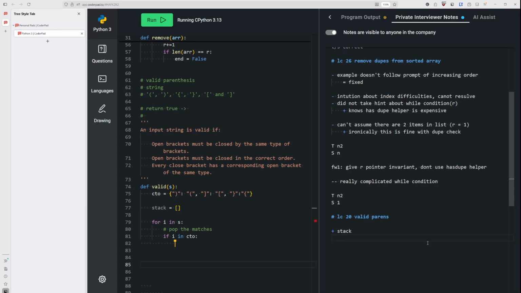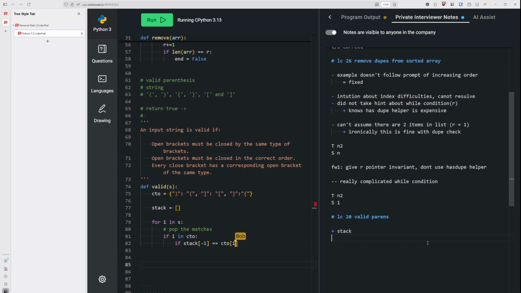And then when you check if it's a closing parenthesis, okay, since we're going to be placing each one on our stack, we want to check if the top of our stack is the matching open parenthesis, so we can check if the top of our stack is equal to our hash map with our closing parentheses mapped to,